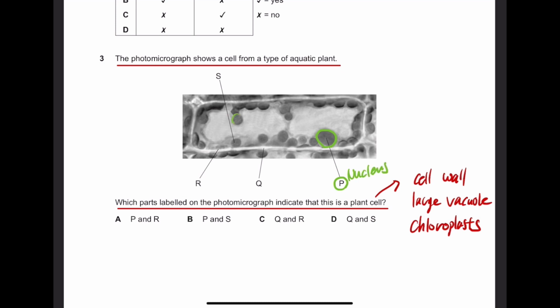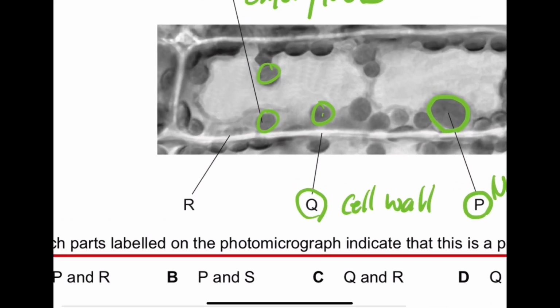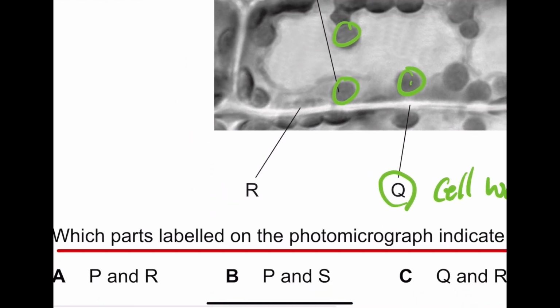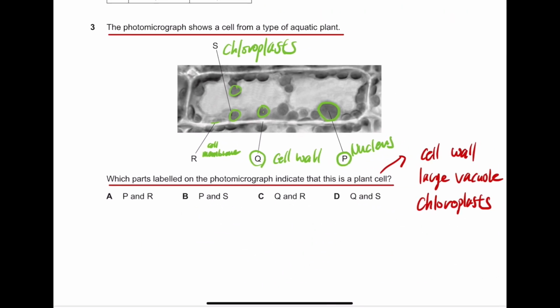and then the smaller ones, these ones, are chloroplasts. And Q, of course, is the cell wall, and P is rather a bit confusing. It can be quite confusing, but it's actually attached to the cell wall here, so it must be cell membrane. Hence, so